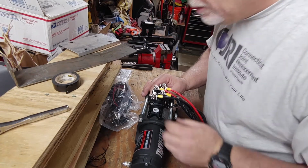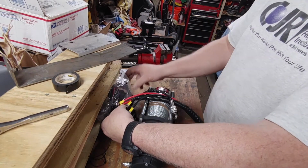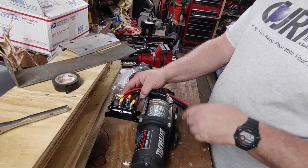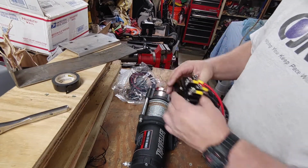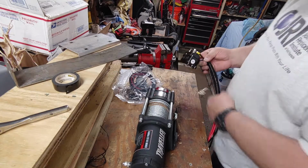There is no place really to mount it. I mean, I could mount it like so on the receiver or on the tube that the plate will be attached to, but that just puts it further back. I want this to be a tight assembly. So I want to mount it here, and to do that,